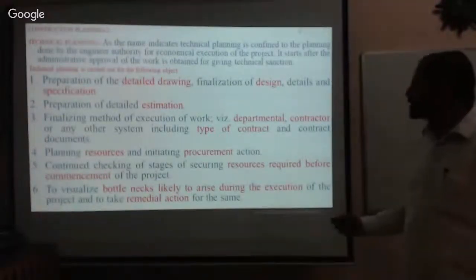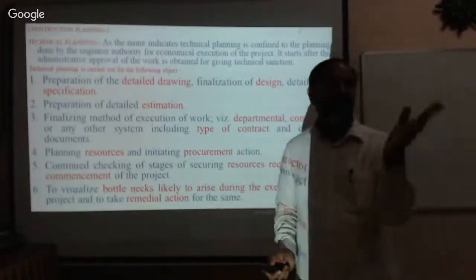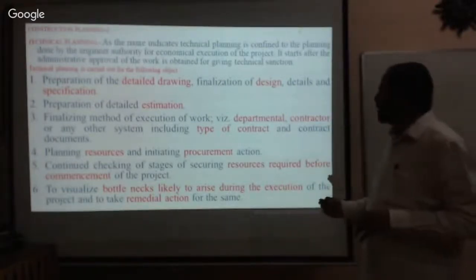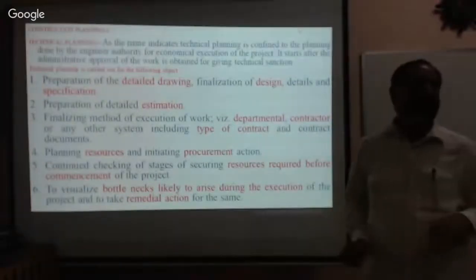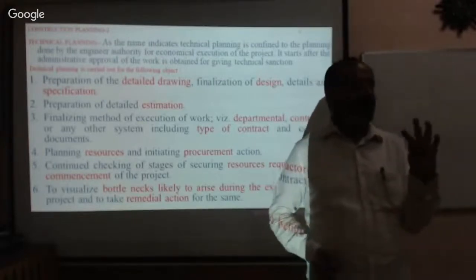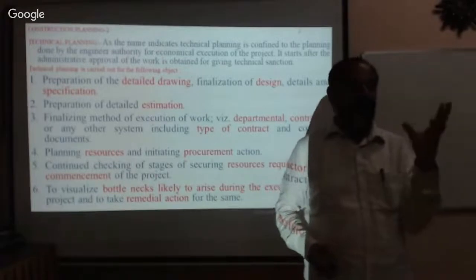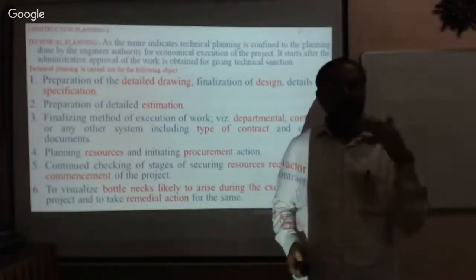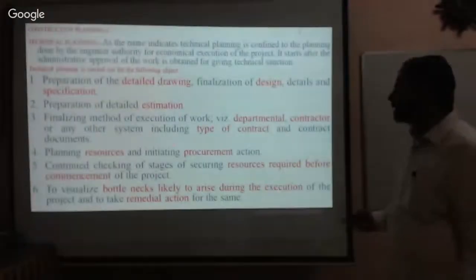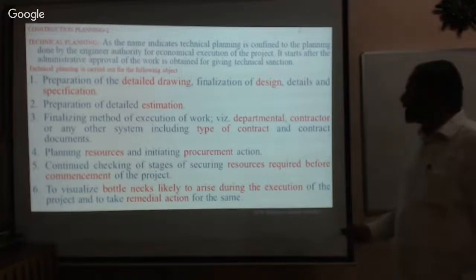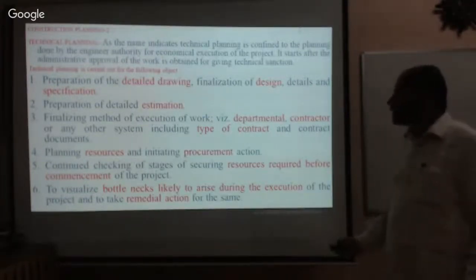Another thing you must remember: we have different types of contracts, which we will discuss in the next class, because it is a little more and I have to elaborate on it. And planning resources, initiating procurement action, then continued checking of stages, securing resources required before commencement of the project, and